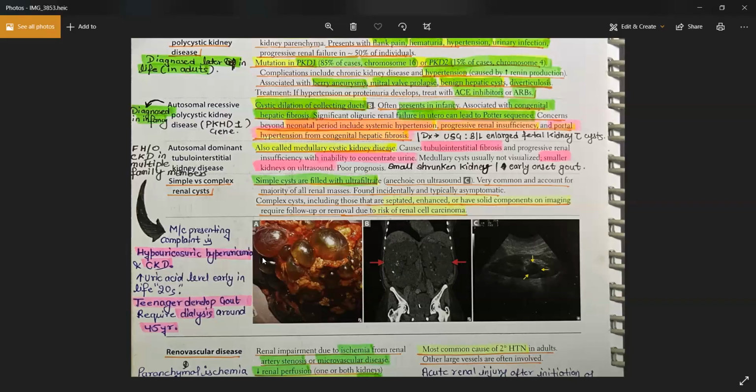You can also perform an ultrasound on the patient, and the cysts can be visible there. On CT, you will find bilaterally enlarged kidneys with multiple cysts, or abnormally shaped kidneys on CT or MRI. Portal hypertension, systemic hypertension, kidney failure, edema, and fluid overload will all be found in the infant with autosomal recessive polycystic kidney disease. Okay.